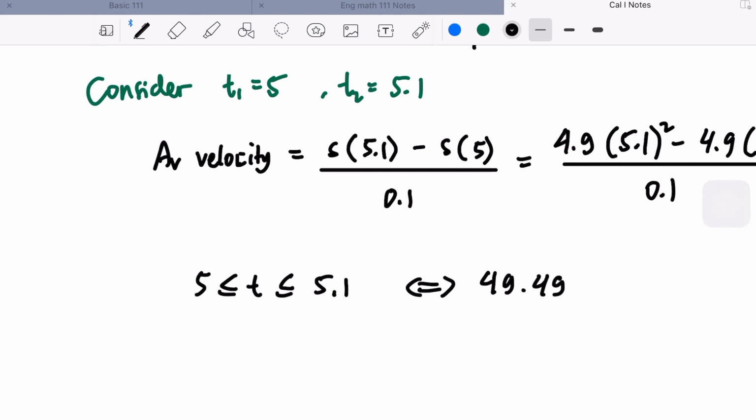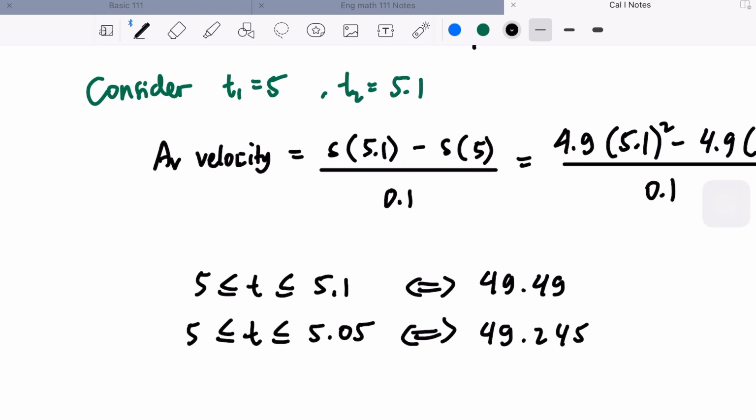If we make the interval smaller, so this is 0.1, if we take 5 and 5.05, we will get this getting also smaller, probably around this number. And if we make it even smaller,